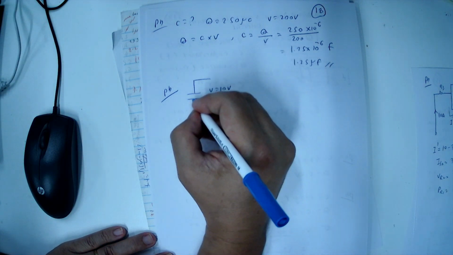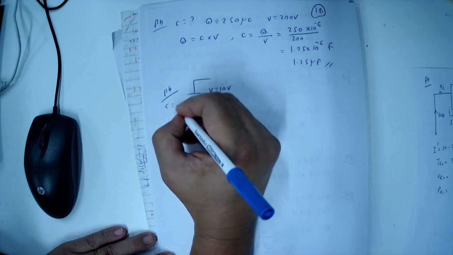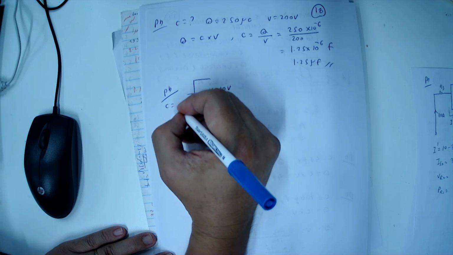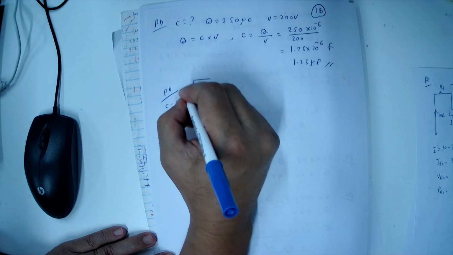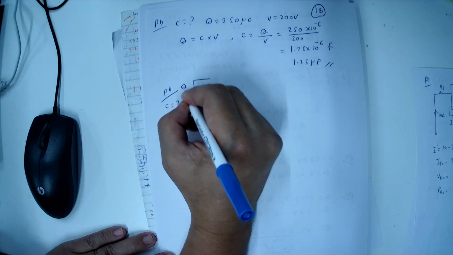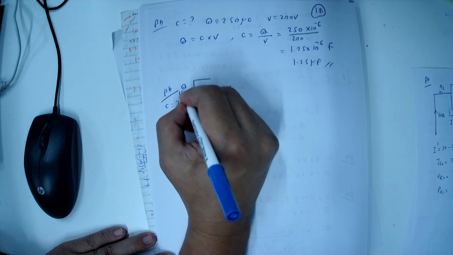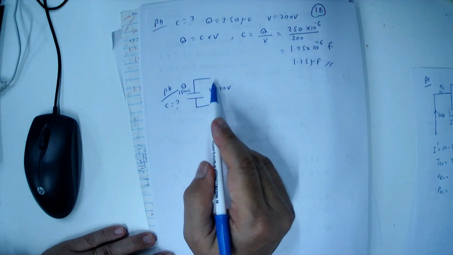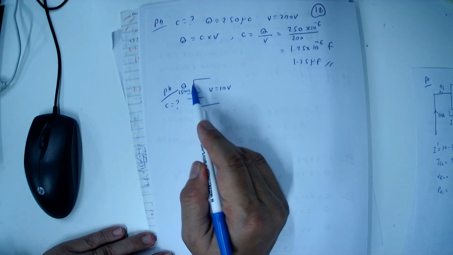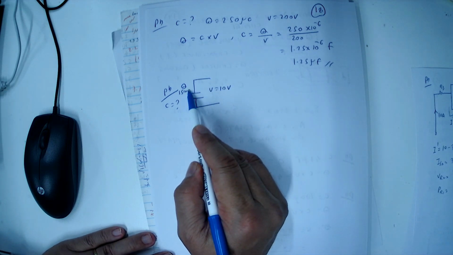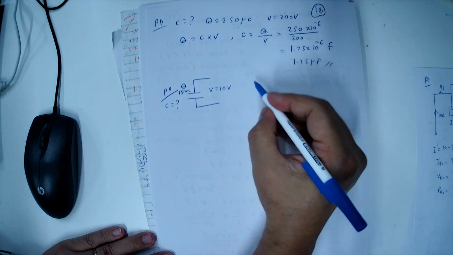We don't know the capacitance value. In this case, charge is 15 microcoulomb. So this capacitor is connected to the 10 volt, the charge is 15 microcoulomb, and then we want to